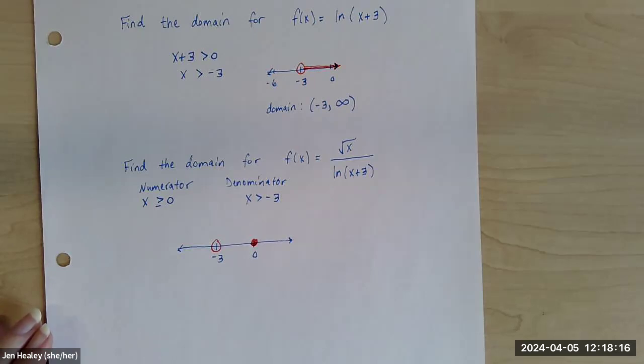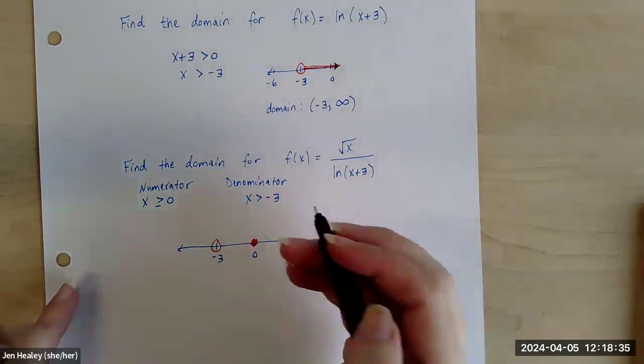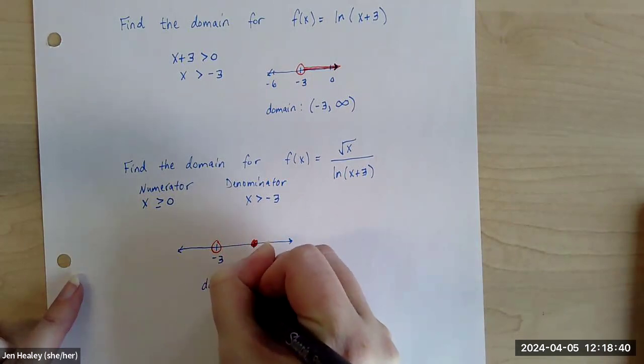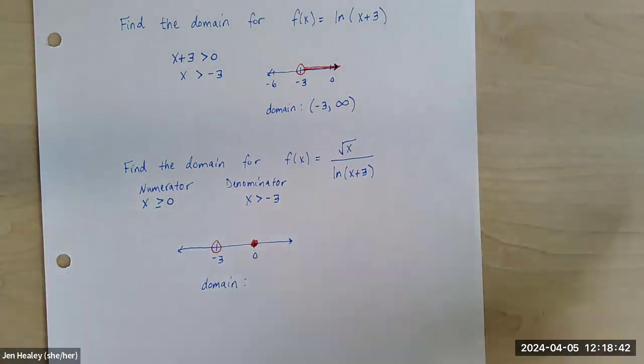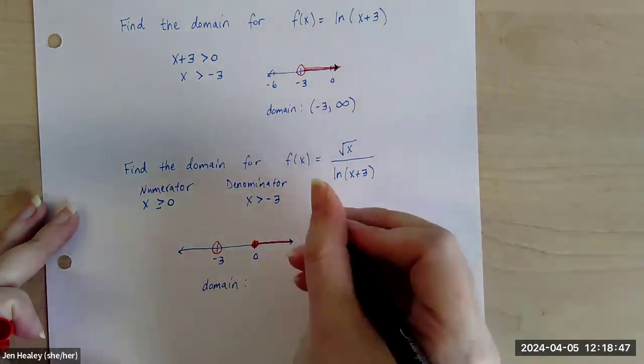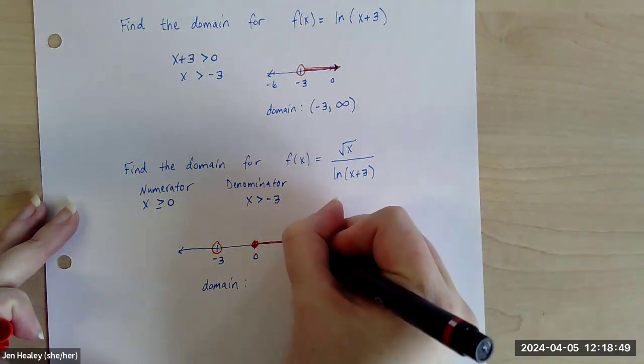Because of the logarithm. But the numerator says I'm not allowed to put anything in there that's smaller than 0. 0 is okay. Both conditions have to be satisfied. So what's my answer? So it's 0 all the way to infinity that are going to be the answers that are okay for my answer